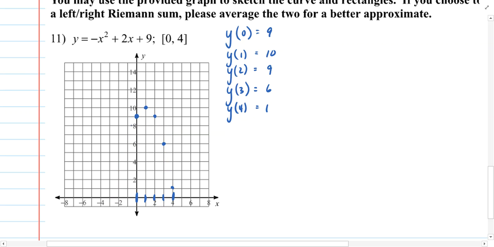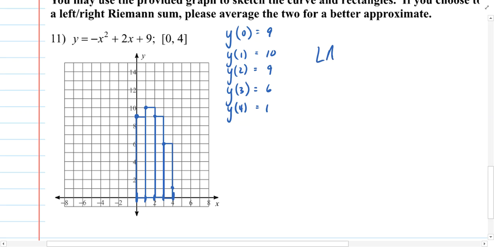Now, I'm not going to leave this parabola on the screen, but that's the shape of this particular graph. I'm not going to leave it on there because we're using a Riemann sum to approximate the areas, and what we're really interested in are the areas of these particular rectangles. And so what I'm drawing in right now are the left-hand rectangles. So I've got 4 of them, and they essentially cover the space of the parabola, but each one of these rectangles were built based on the heights established on the left-hand side of the